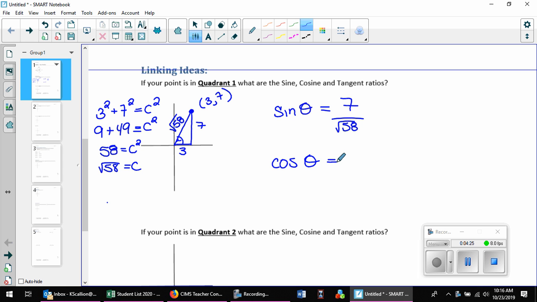Okay, so cos of theta is? Right, 3 over root 58. Whatever. And tangent? Okay, you guys feel confident in that? That was just yesterday's lesson, right? Everybody can do this, no problem? Everybody can find the hypotenuse, no problem? Okay,